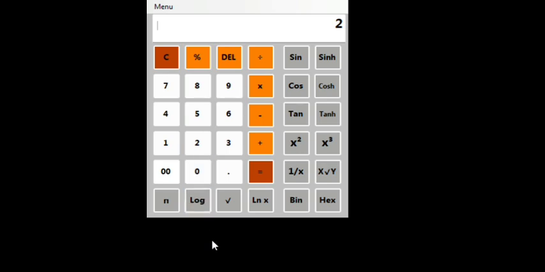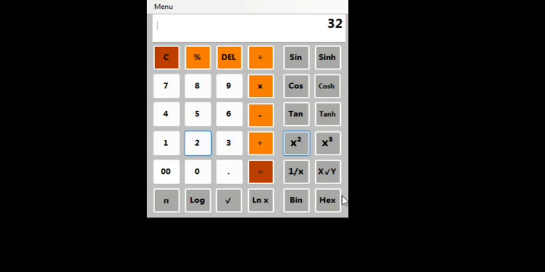Then the logarithmic, the square root, the natural log, the hyperbolic cos, then the hyperbolic tan,